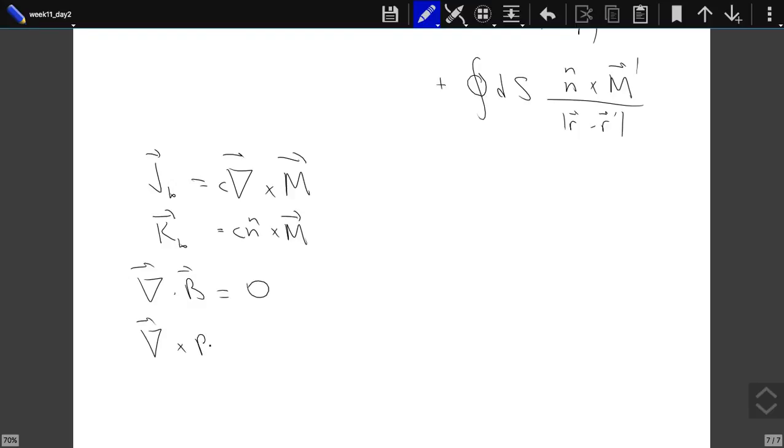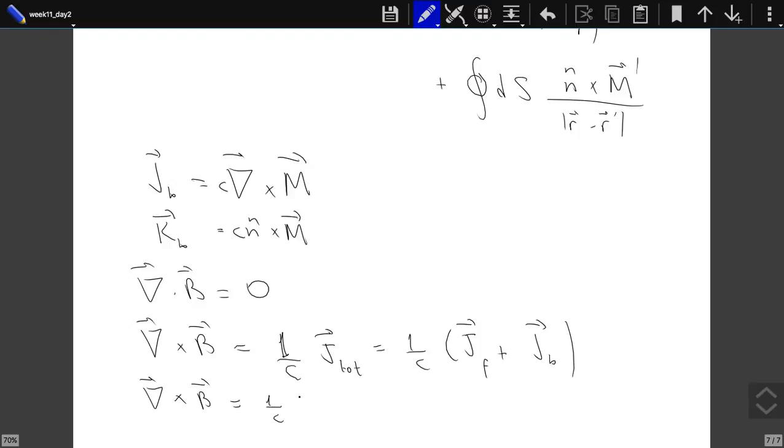But curl of B, which was given by 1 over c times J. This is the total J. This is 1 over c times J, let's call it free for the time being, plus J_B. We are writing it in the volume. The boundary we have to treat in some different way. So the curl of B will be equal to this current. And curl of B is equal to 1 over c J_F